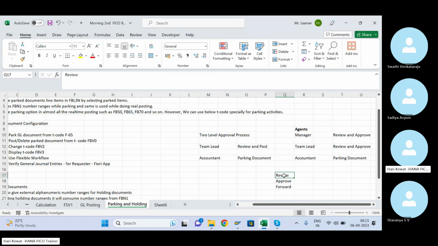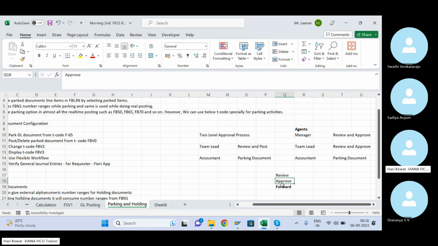So these three points you have to discuss with the business. This forward part is the point they generally forget at requirement gathering time. So discuss the forward option also with them. You tell them whether you want forward functionality or not. They will ask what is forward. Then you can tell them that if team lead A is busy, then team lead A can forward to team lead B. So that functionality is known as forward.